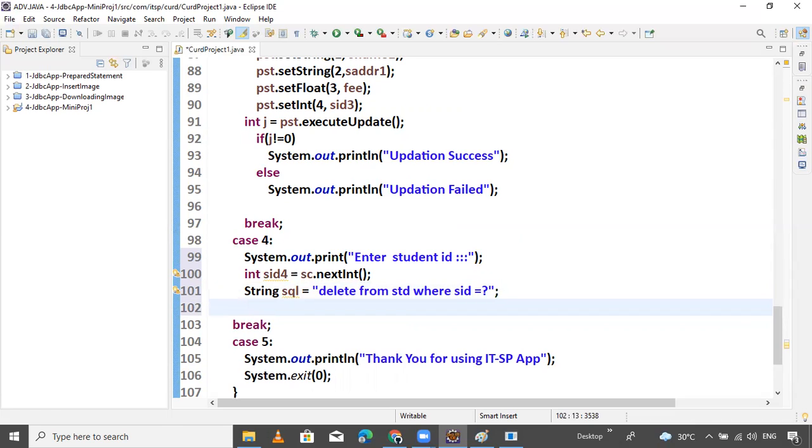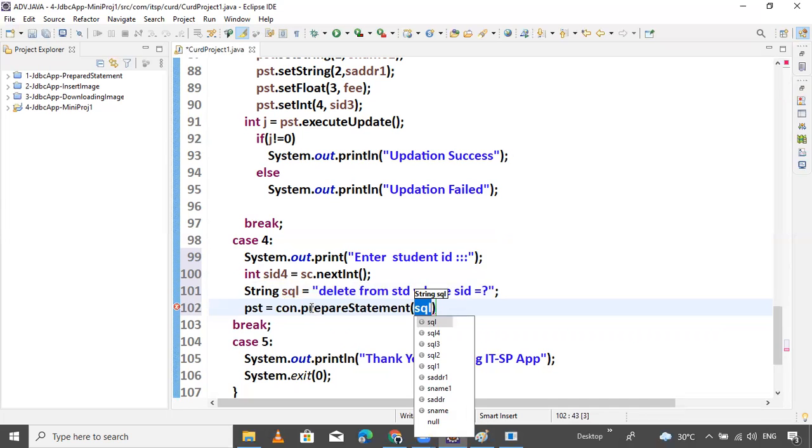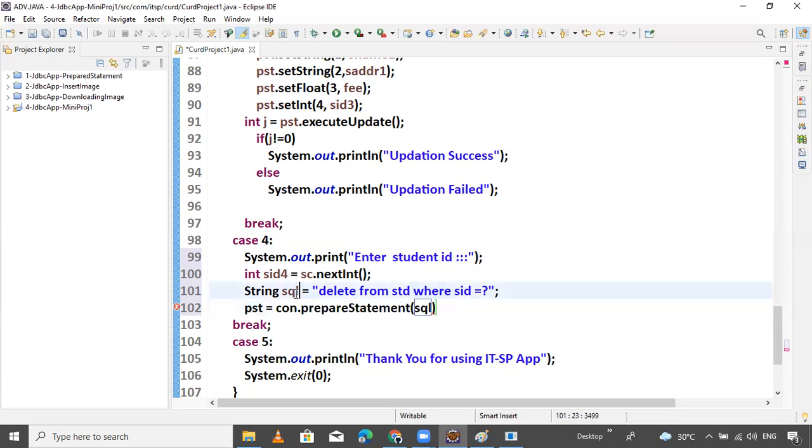Now prepare the statement. PST equals con dot prepareStatement SQL. Here we prepare one SQL 5, I think. Up to 4 is maintained, so we pass SQL 5.